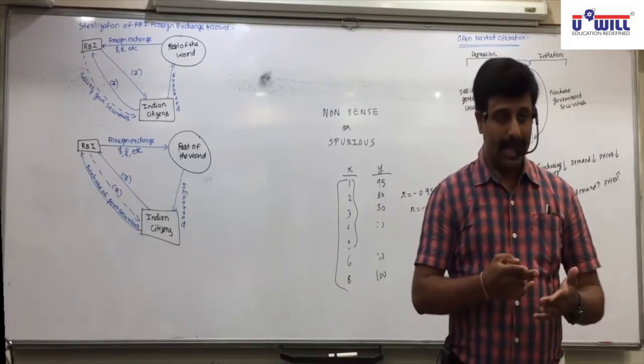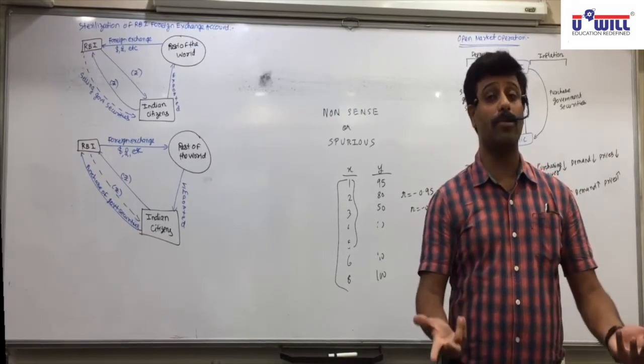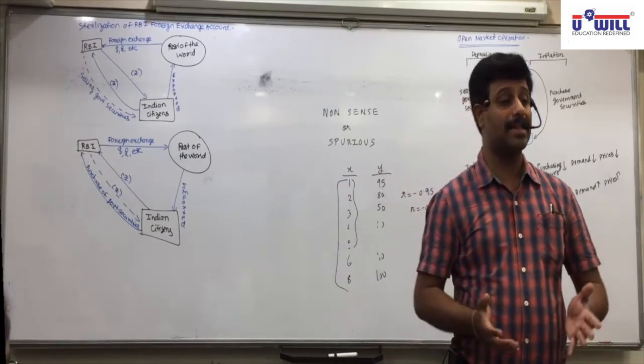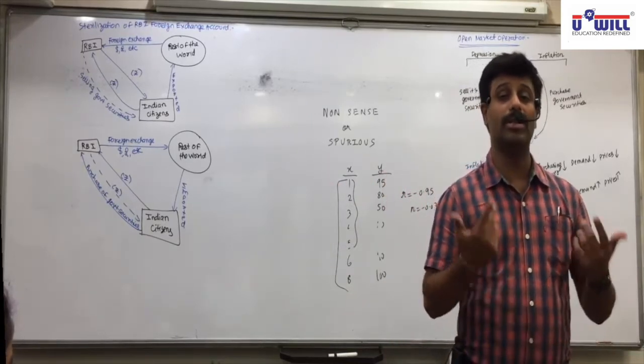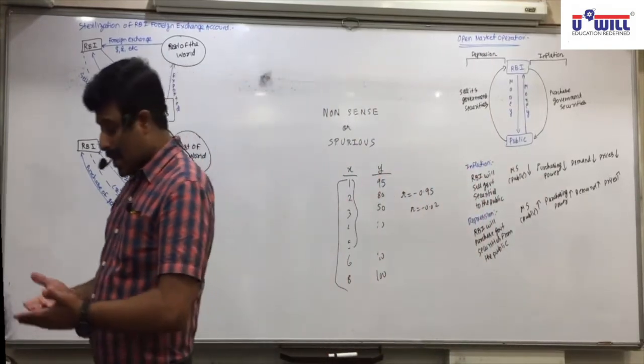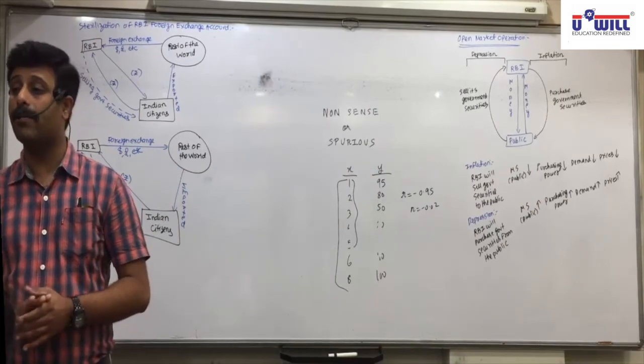Got it? Second condition: when the ranks are directly given. You don't have any option. If it is given that in a dance competition, ranks are given by judge A and judge B, you cannot use Karl Pearson's. Ranks are given, so you have to use rank correlation. Third condition, here it's not compulsory, but it is better.